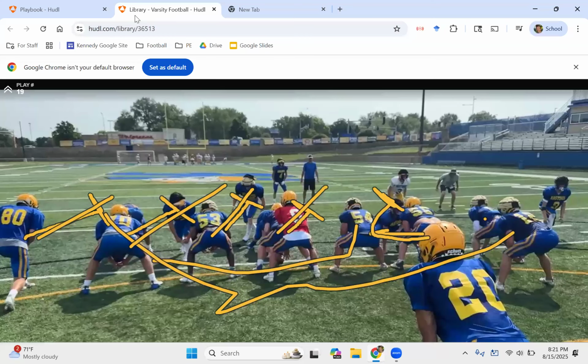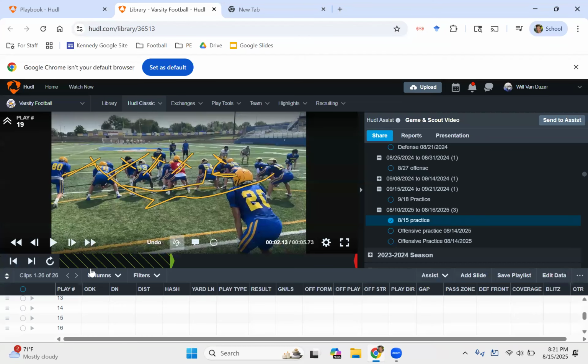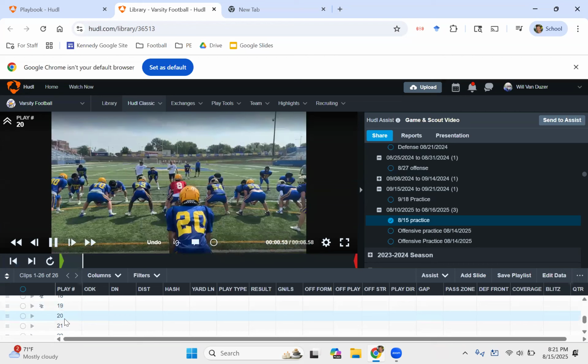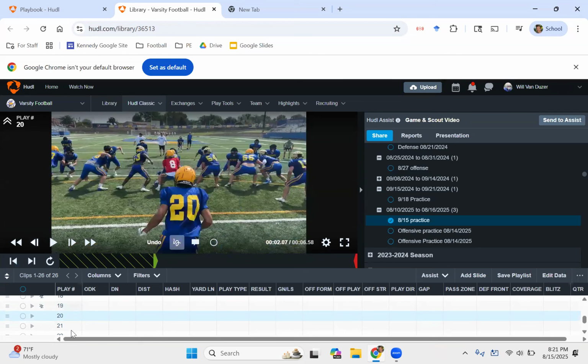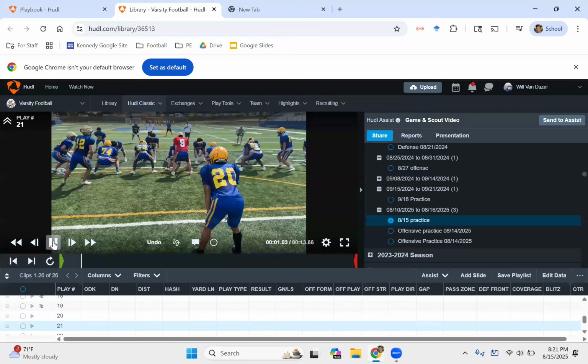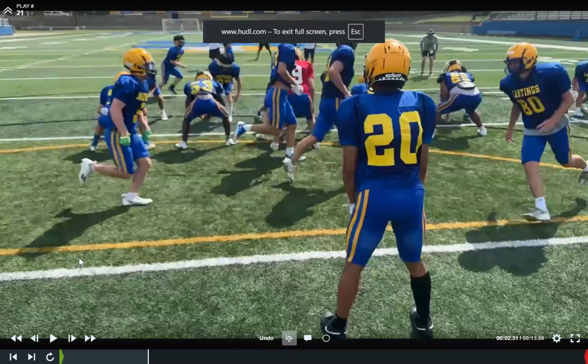Okay. So that's the example that I'm trying to show you when they bring pressure. And that is how we address it. When in doubt, block your gap. If there's a bunch of guys moving around and a bunch of crazy things happening, when in doubt, block your gap. Make a down call. Okay, I want to talk about this play here as well.